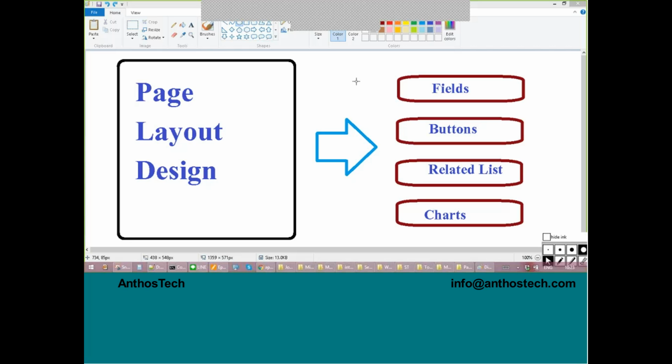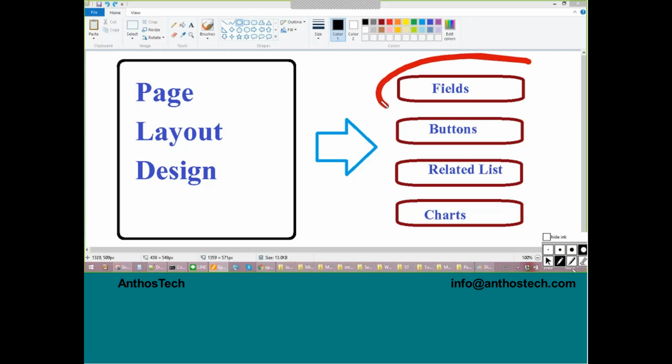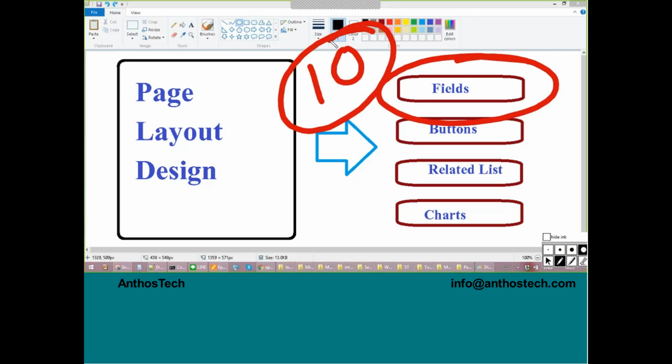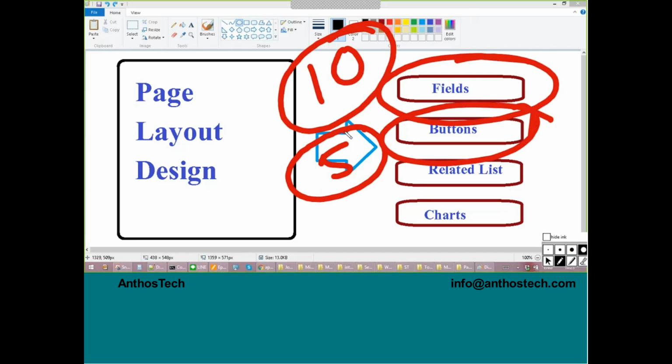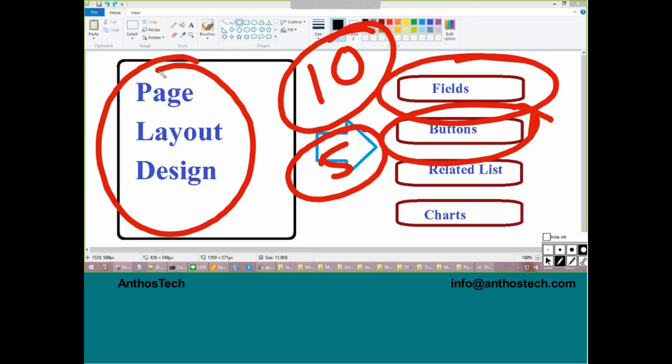For example, let me tell you one real-time example, or real-life example you can say. Let's say I am creating so many fields. Let's say I have 10 fields. When I create 10 fields, or create 5 buttons, don't consider that your work is done. No, until and unless you add the things in page layout, it's not done. How? For example,